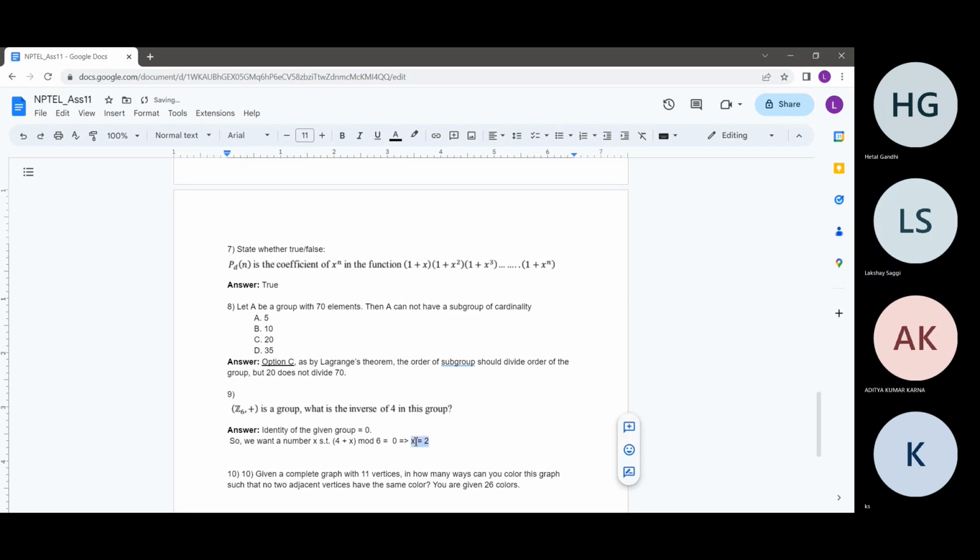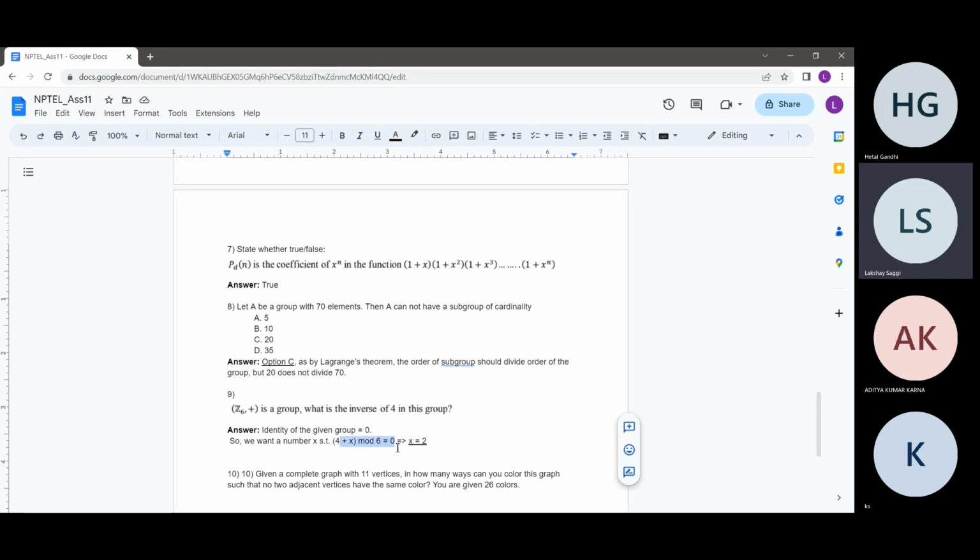And why is that? You might think that 4 plus 6 mod 6 is 0, so you might try to directly put 4 plus x equal to 0. But from that you will get x as minus 4, which would be incorrect because minus 4 does not belong to Z6. But instead,